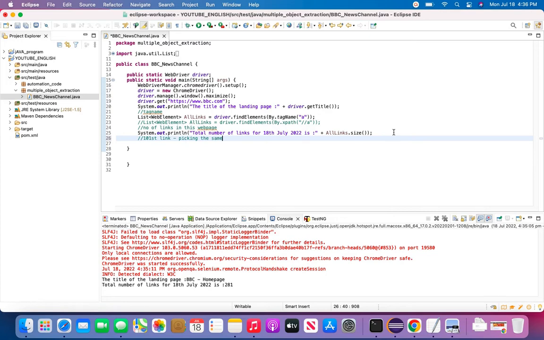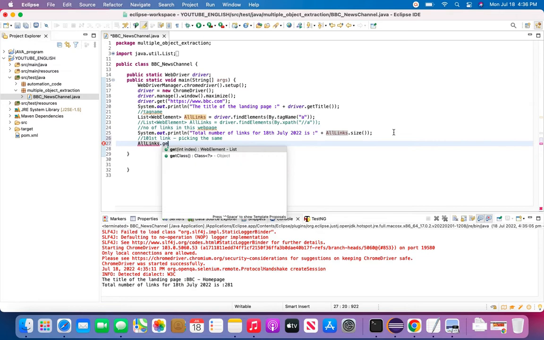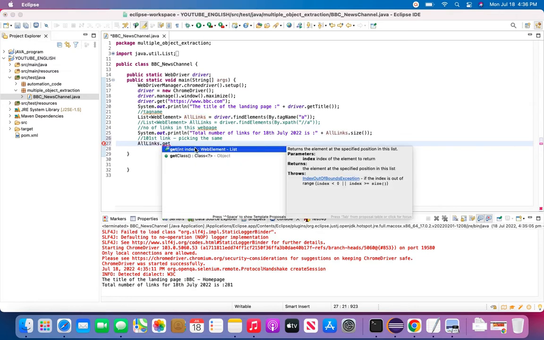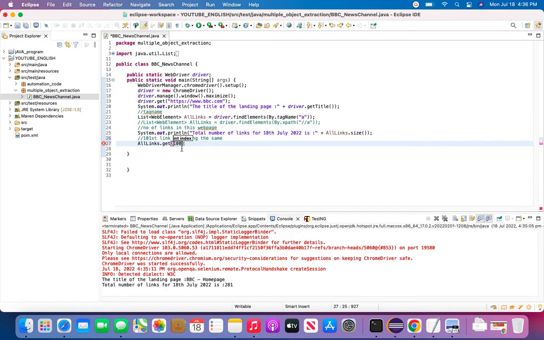So what I'm going to do is write allLinks.get, and I'll give the index. The 101st link will fall under the 100th index, and this is nothing but a web element. So I'll write WebElement anyLink is this. So this will not give me the name or anything. If you want to determine the name of the specific link, whatever the 101st link in the 100th index is,